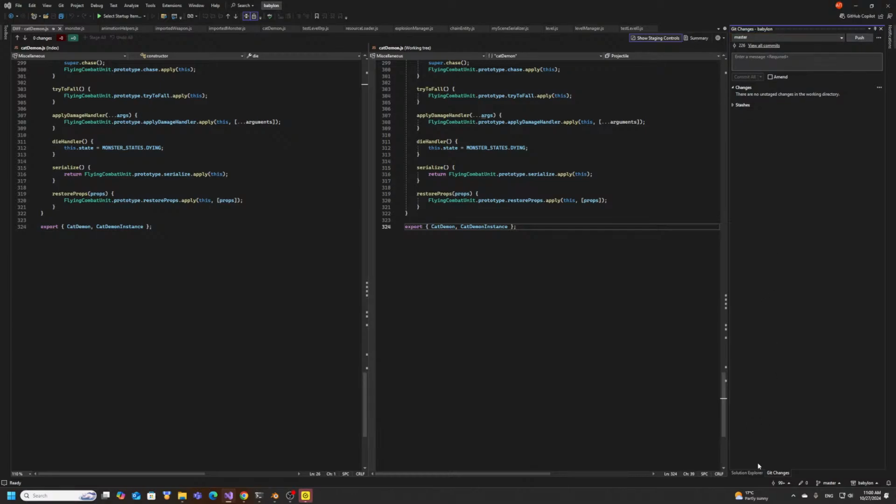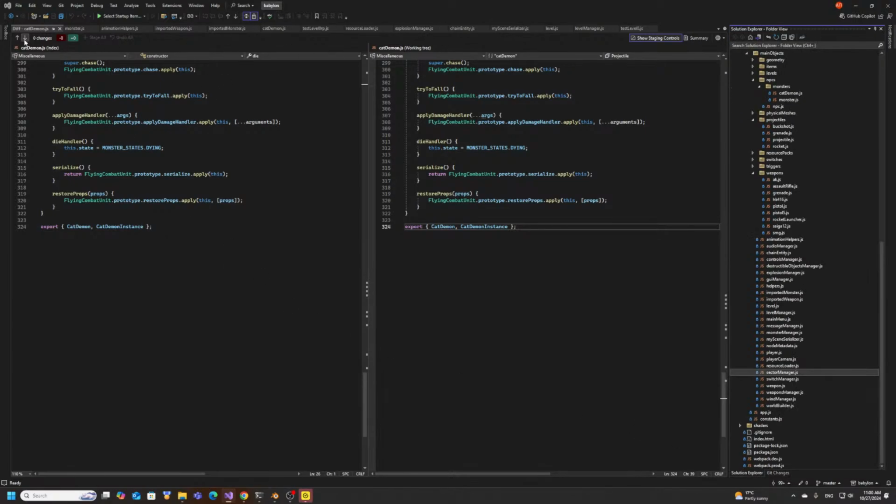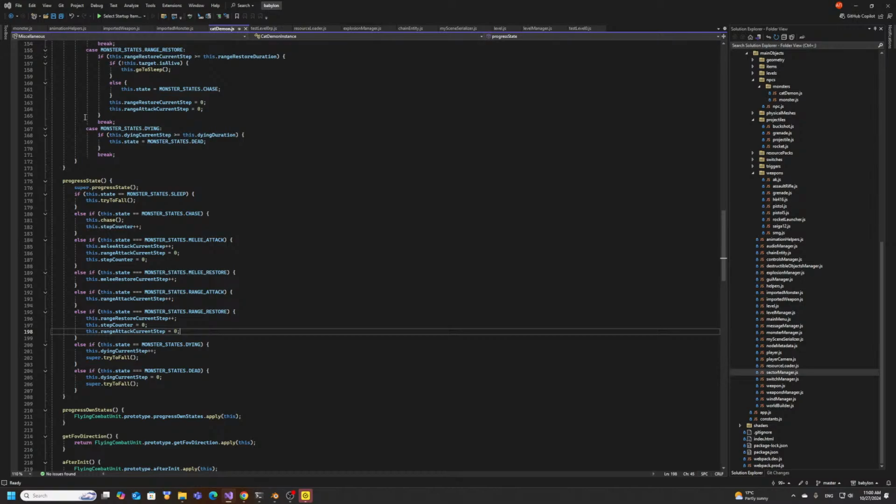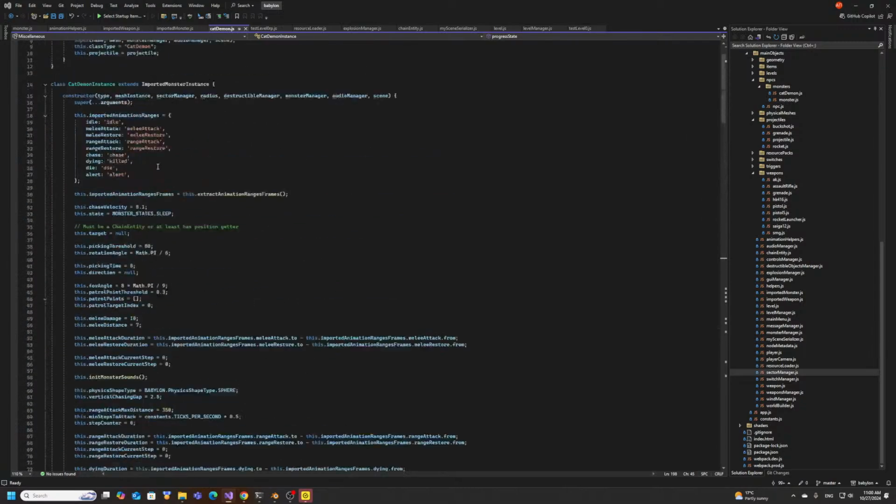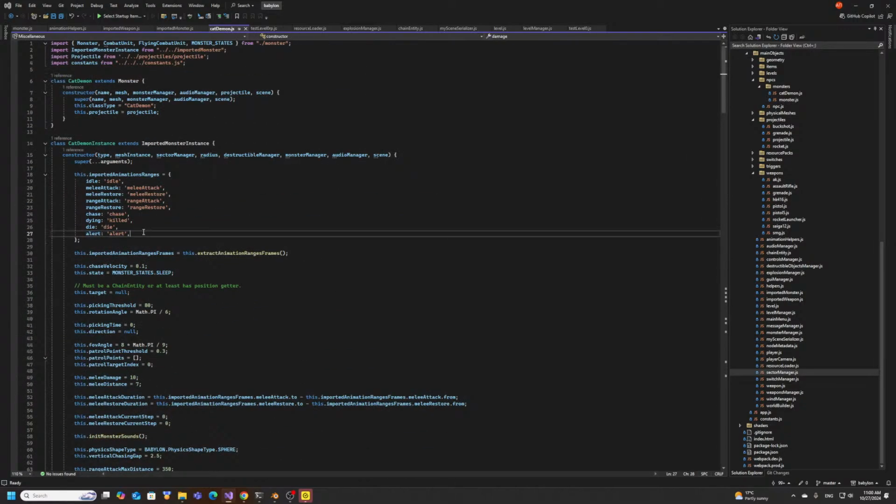Okay, so that's it for now. And so what is upcoming plans? We need to add probably alert animation. Then I want to replace bullet into actual fireball, and add sounds, and then tweak behavior even further, because